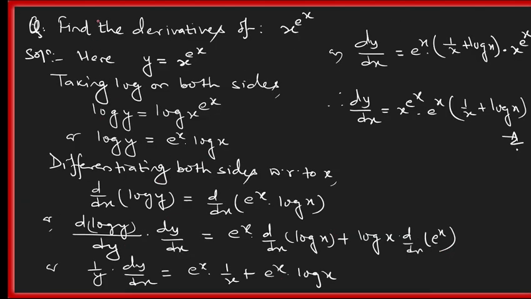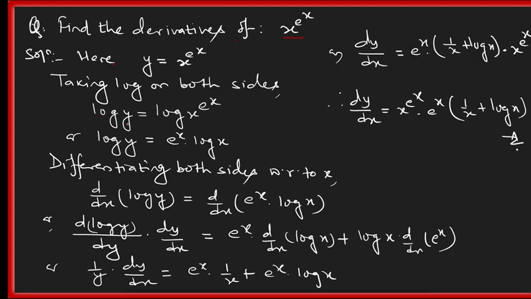Now moving to the next question, find the derivative of x to the power e to the power x. In the previous question it was e to the power x to the power x, but in this question it is the derivative of x to the power e to the power x. So firstly we have to suppose y is x to the power e to the power x, taking log on